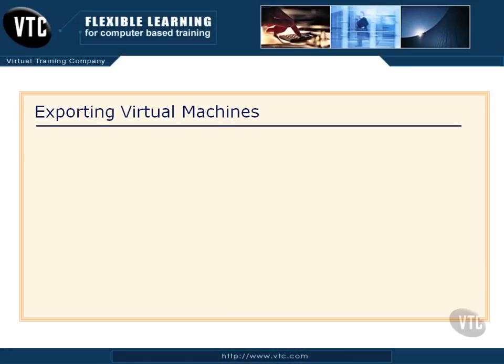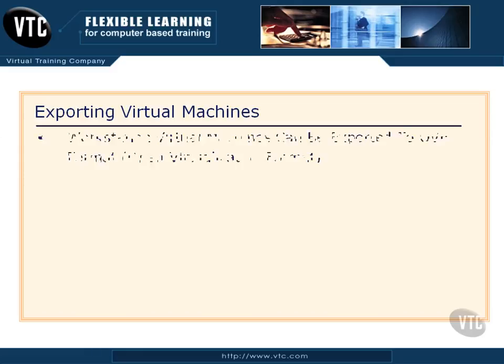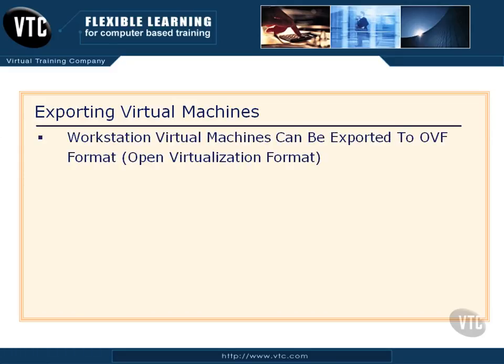Once you work in the virtual world very long with virtual machines, you're going to find yourself in need of moving a virtual machine from your environment to someone else's environment, and inevitably they're not on VMware. Well, you can export virtual machines very easily in the VMware environment, but what we're going to export them to is something called OVF. So Workstation virtual machines can be exported to OVF, and this is a format that's known